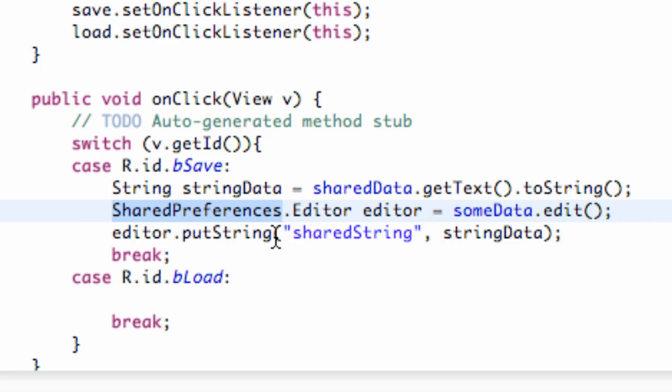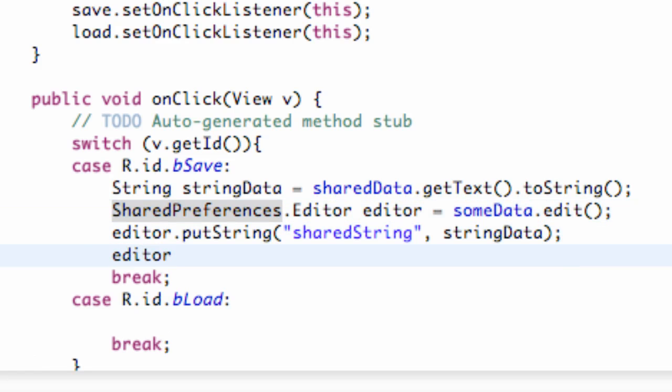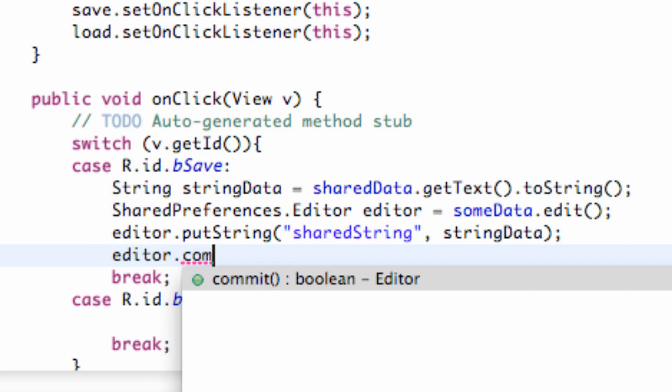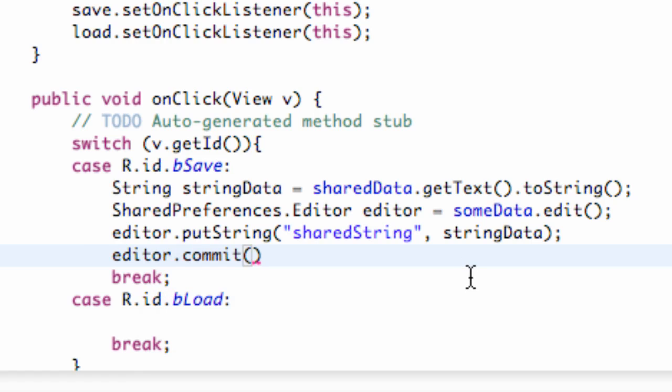So we put our string in, and then we just need to say our editor and finalize it. We say editor.commit, and that's basically saying, hey, we've changed everything we need to, just commit to that and we're good to go. So what we've done is we've referenced our string preference, a variable which was a string preference called some data,